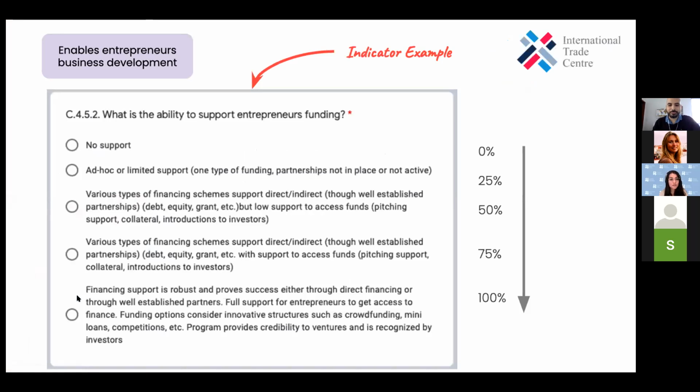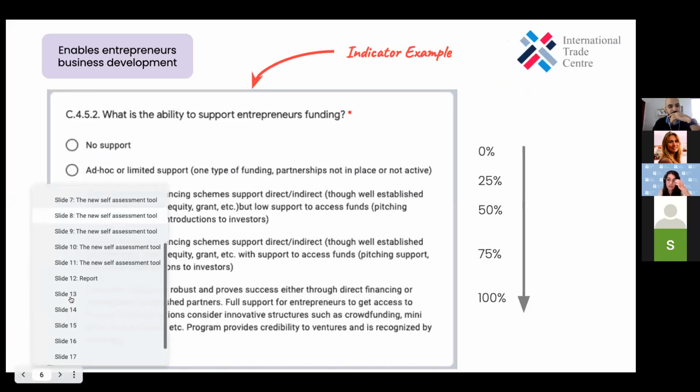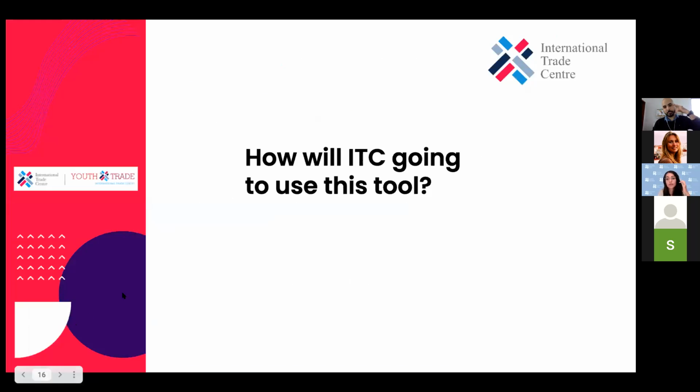So, yes, exactly. The last indicator, or the last result, would be the 100%, and it goes from 0 to 100. So this already gives you an indication, and at the end of the evaluation, you do get all the answers, so it's something that you can check afterwards as well.